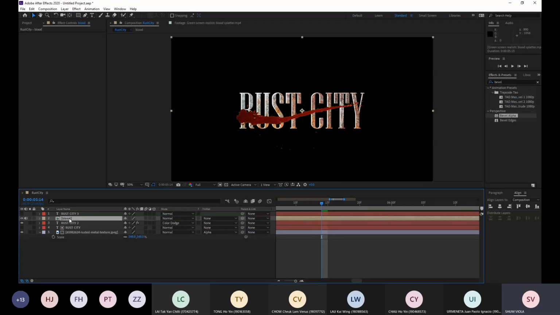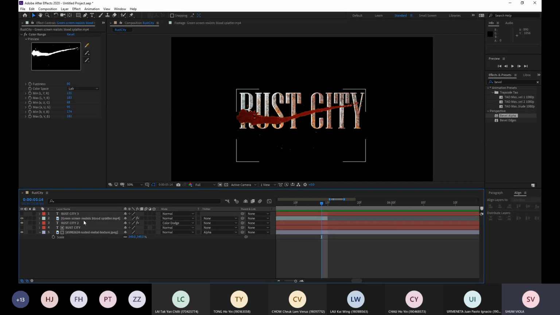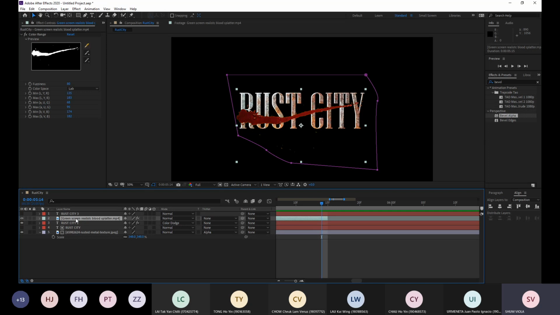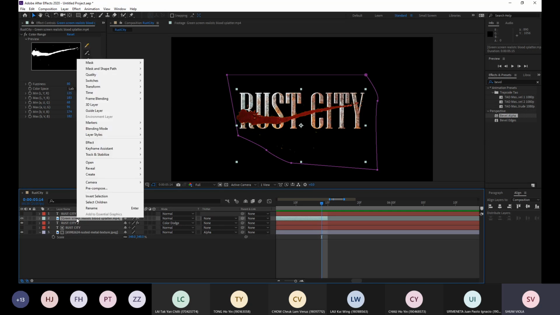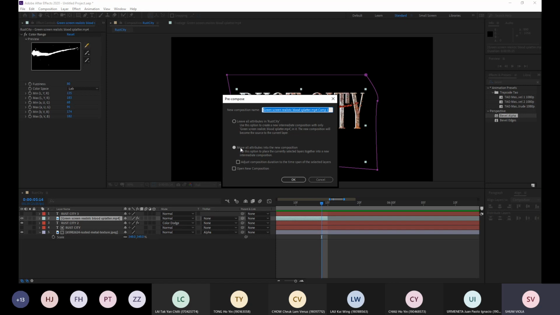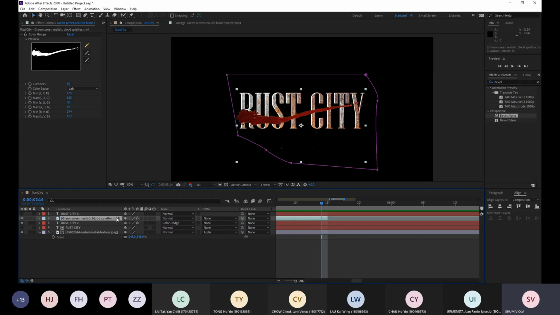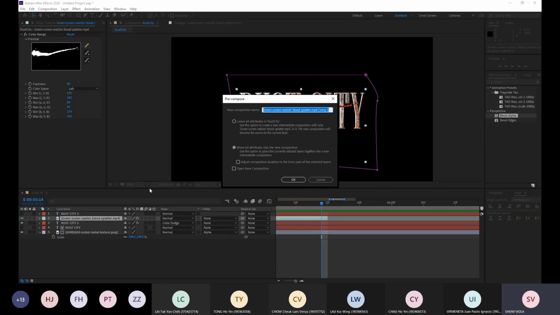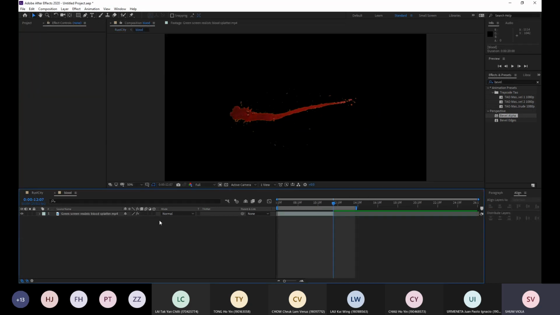So that you can see that my blood will become this one. Okay, let me redo it again. So for the video here, okay, you need to select this video clip and right click, decompose, rename it as blood, and move all attributes into the new composition and click OK。係啦，你要做嘅嘢咧就係揀咗呢條 video 嘅片啦，撳右掣啦，decompose，將呢個 comp 嘅名改做 blood，然之後揀第二個 option 叫 move all attributes into the new composition。係啦，然之後撳 OK，我哋跟住之後就 double click 入去呢條 clip 度啦。